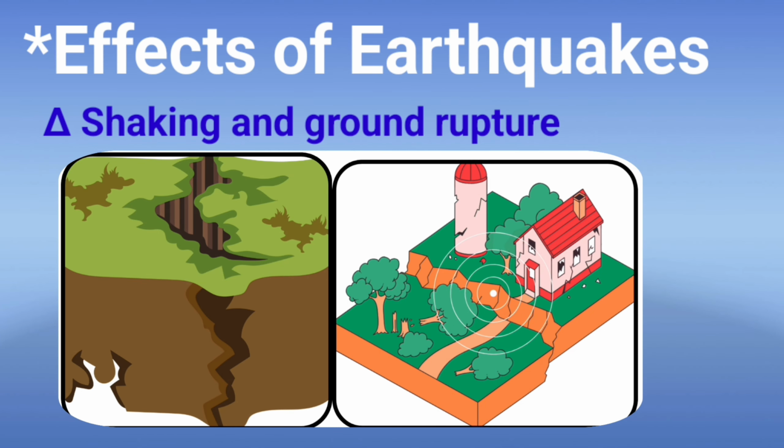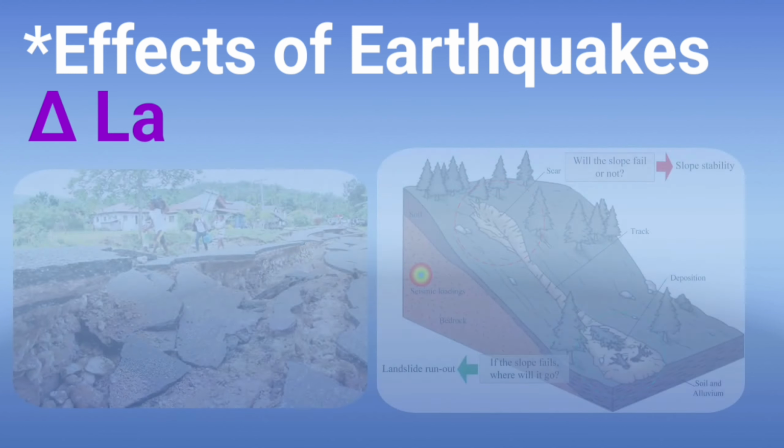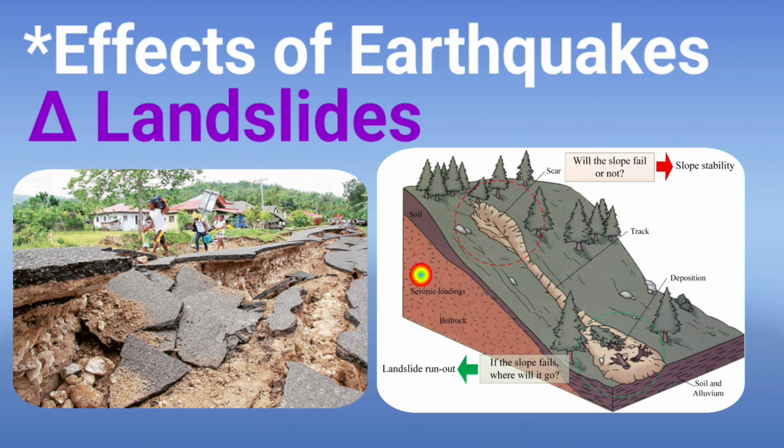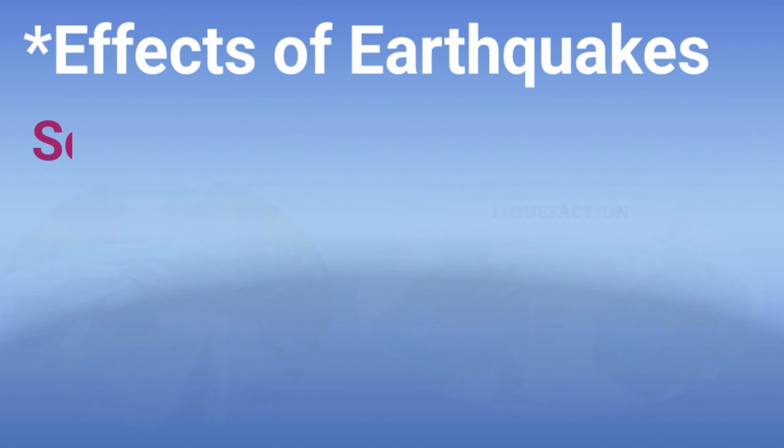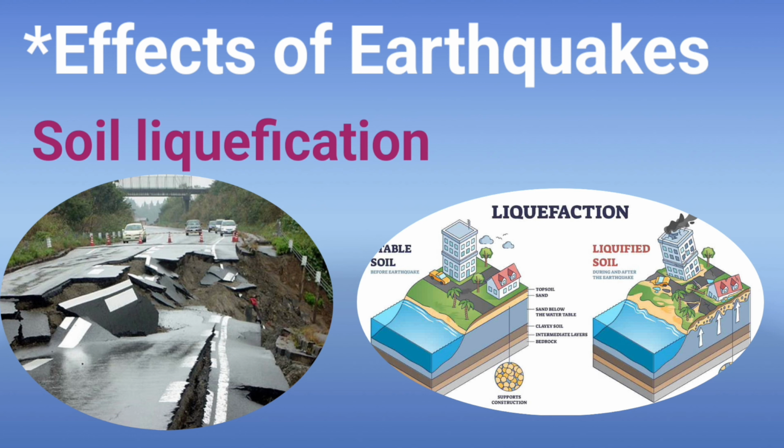Now, what are the effects of volcanic earthquakes? Shaking and ground rupture. Ground shaking is caused by body waves and surface waves. Volcanic earthquakes often trigger landslides, causing significant damage. Ground shaking greatly increases the likelihood of landslides where the landscape is susceptible to this type of ground failure. And the next one is soil liquefaction. Liquefaction is not a type of ground failure. It is a physical process that takes place during some earthquakes that may lead to ground failure.